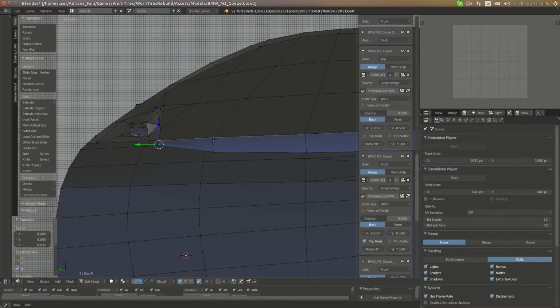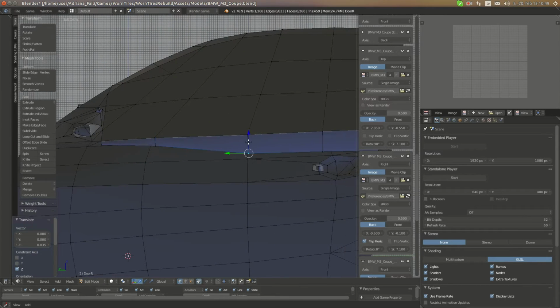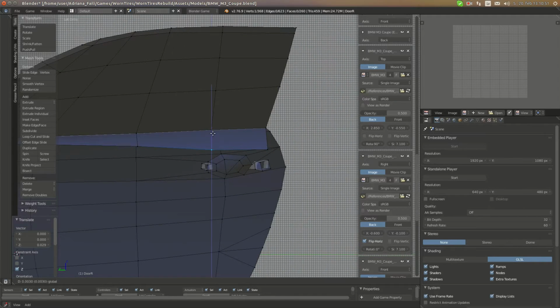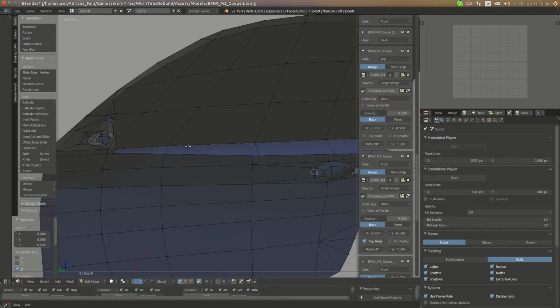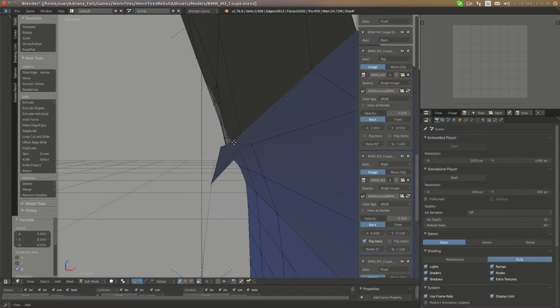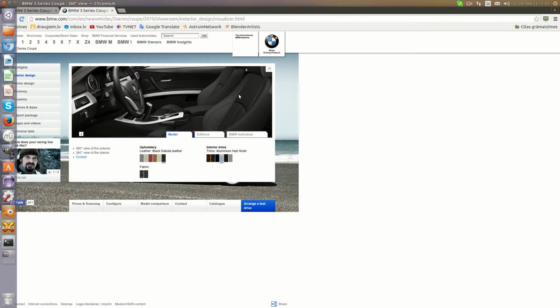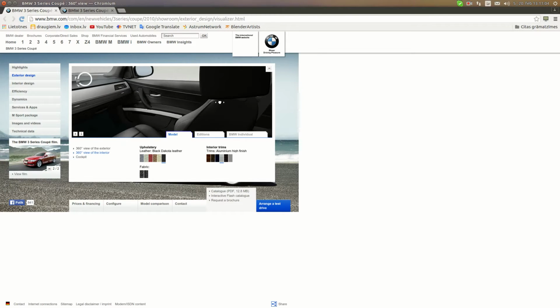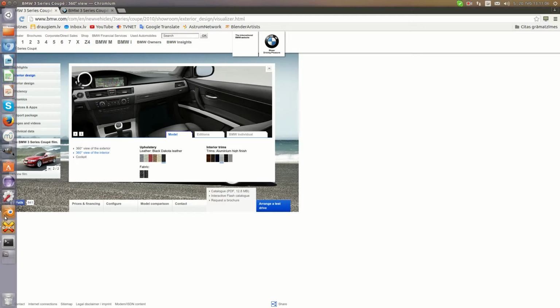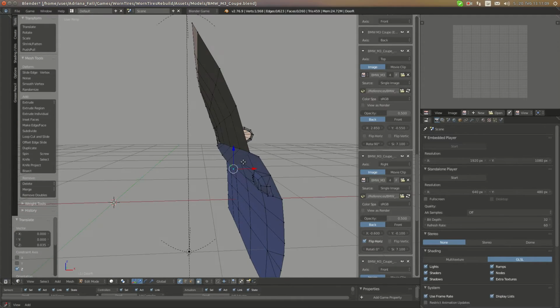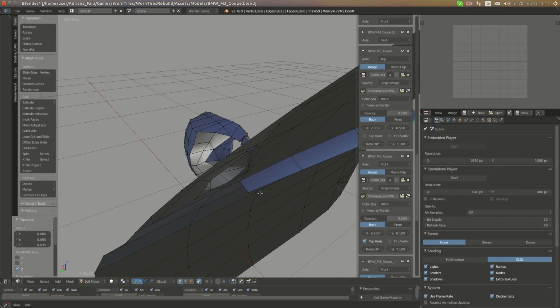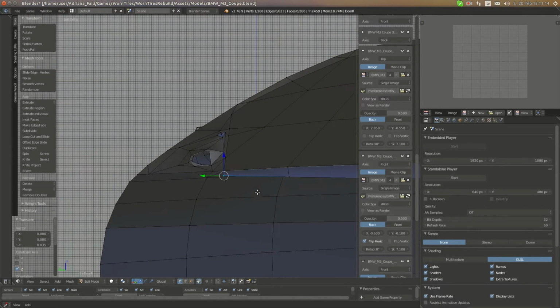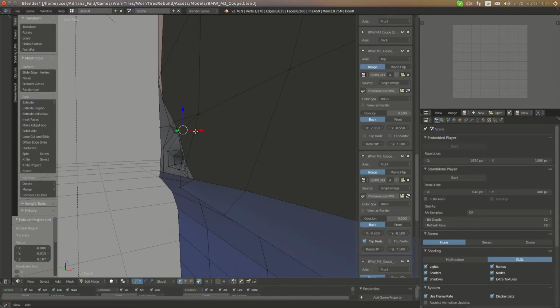If I go in orthographic and adjust them better, they don't need to be so low, so you can drag them up a bit. Okay, and it's hard to tell about this side. If I take a look, it's not too much extruded, and in our case it looks correct. So now we can go in side view again and do a few extrusions from here up,